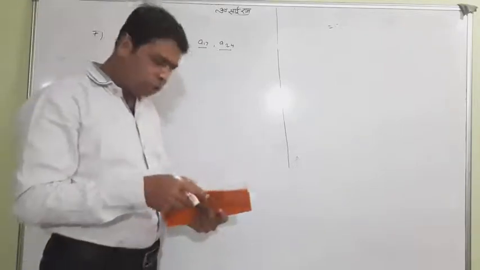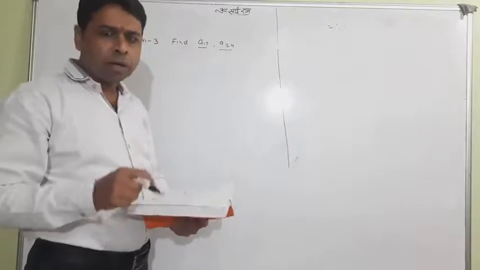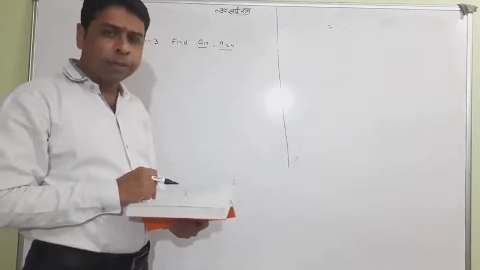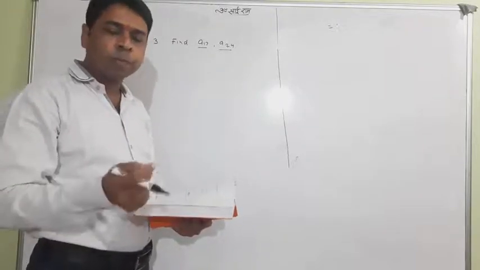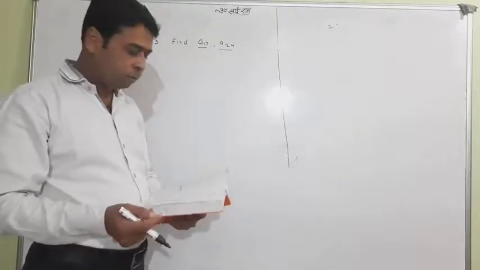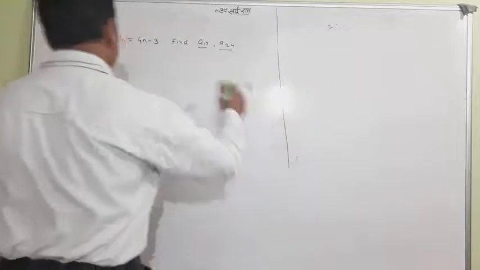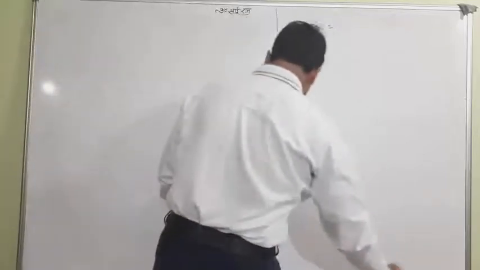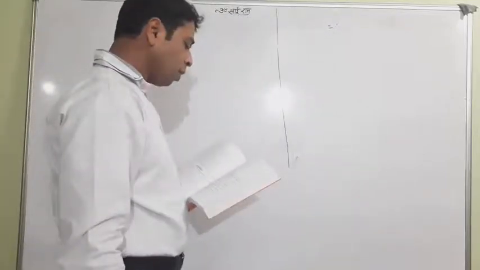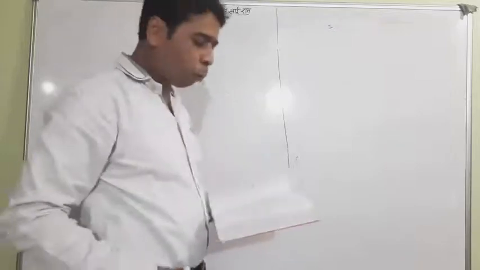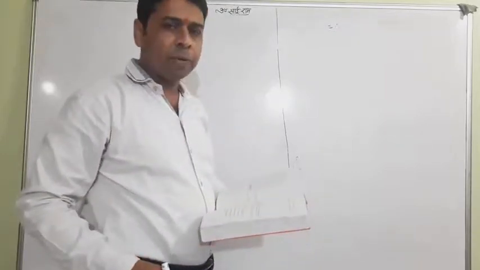So in all questions you just have to put the indicated value, whatever the requirement, that particular n, and get the answer. Okay, so this was a simple concept. And what about the next 11, 12, 13? This is the same kind of question which we have just done with an example.